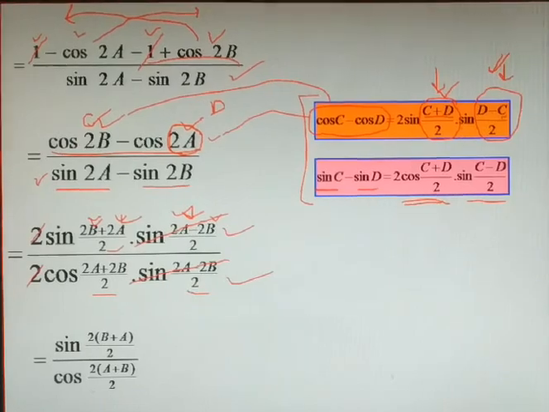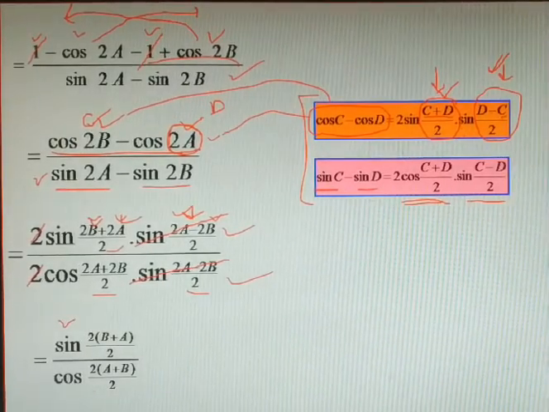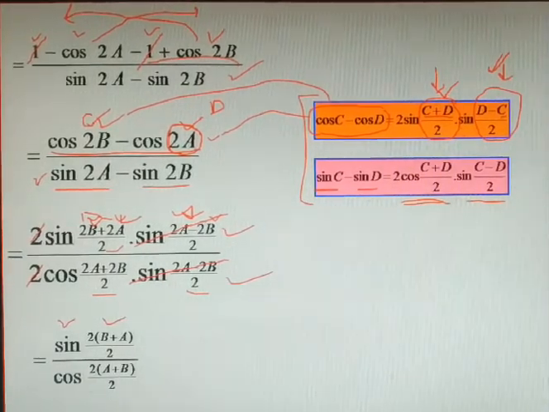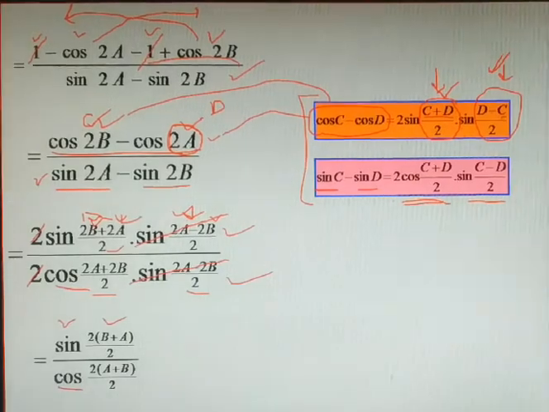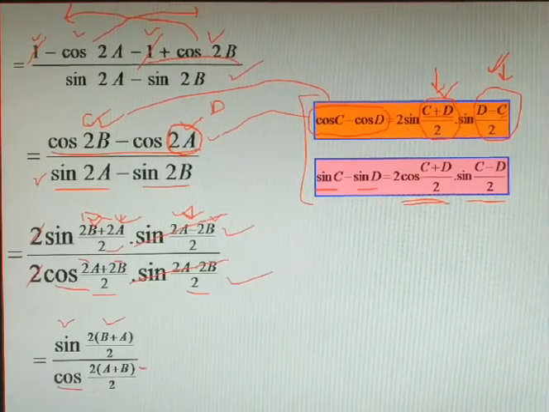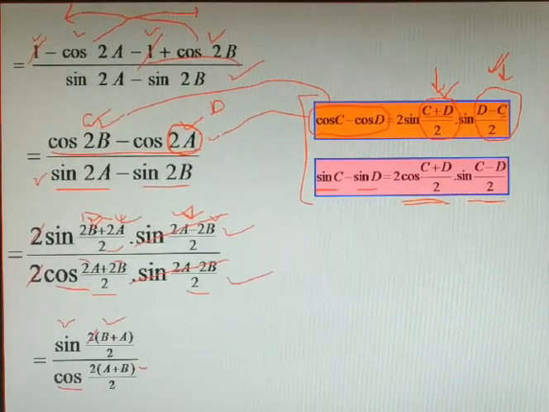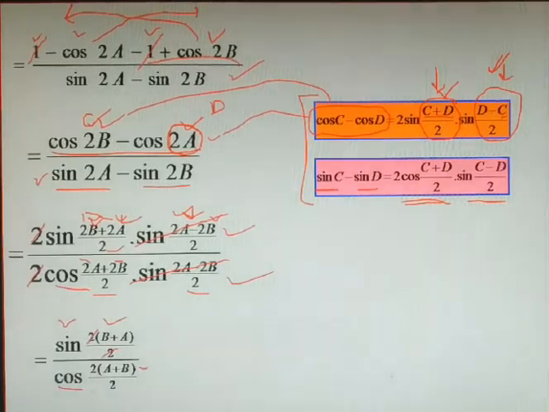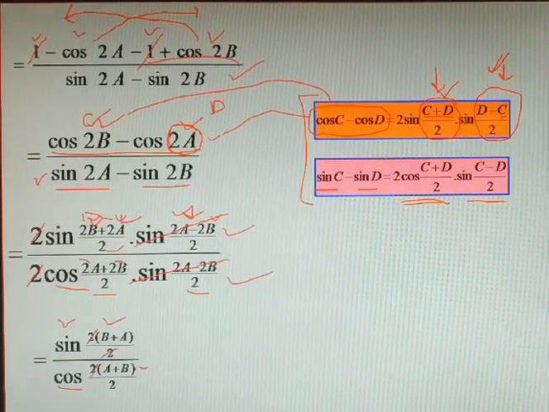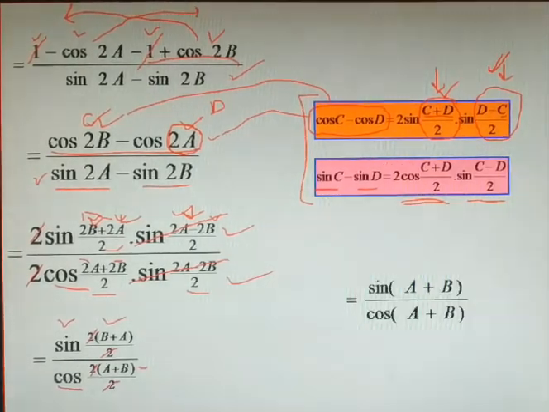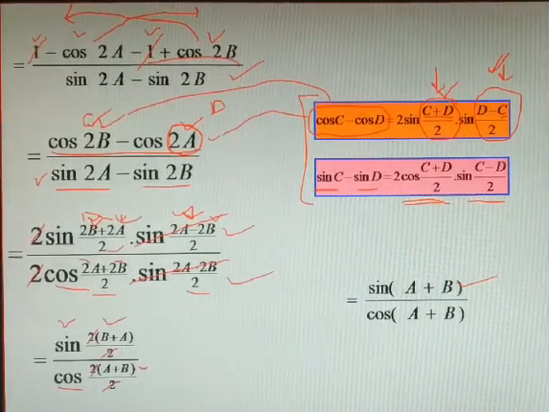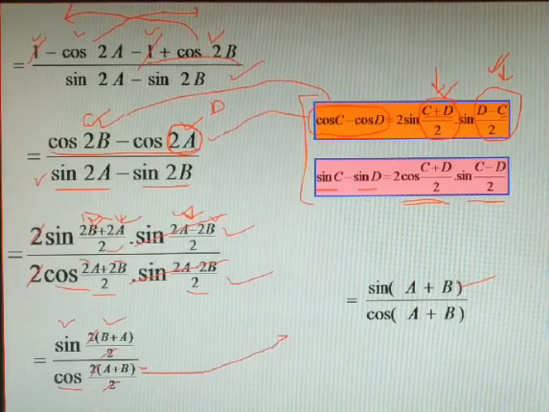And then what remains there? Only sine, and taking 2 common from both the angles, inside the bracket that will be b plus a. Again from the denominator cos remains, and from both the angles we take 2 common again, and that will be a plus b by 2. Now these 2 on the angle side and this 2 from the denominator can be cancelled. In the same way, the denominator cos 2 and 2 can be cancelled. Finally, what remains? There remains sine b plus a, which can be written as a plus b now, and cos, the second part, is written the same.